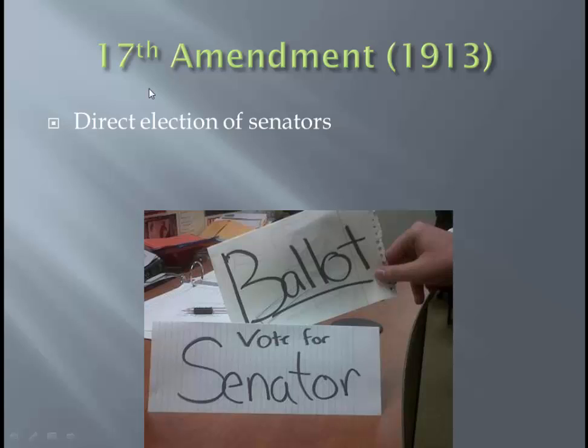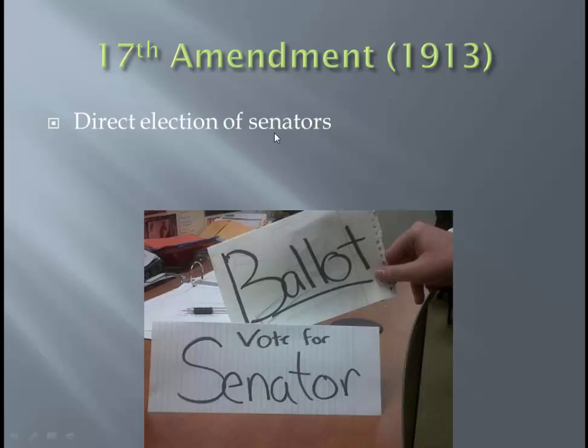17th Amendment. If you say it like that, you remember it. The 17th Amendment is the direct election of senators. Back before 1913, we, the citizens of America, did not vote for our senators. We voted for people to work in our state governments, and those people in the state legislatures picked the senators. Today, because of this amendment, our vote goes directly to the senator. And you should know that each state has 2 of these, right? Senators serve 6-year terms, and there's 2 per state.